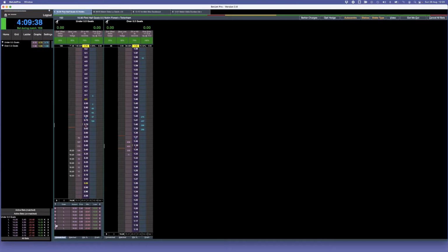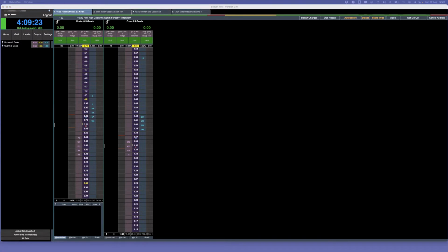If you want to just keep them in play, rather than doing them all like we used to, just click the little grey pin at the top, bang, they all keep, and away you go. So that's just one little extra thing that we've made it a lot easier to do. So if we go and have a look at the liability reduction that we've put in for you as well,